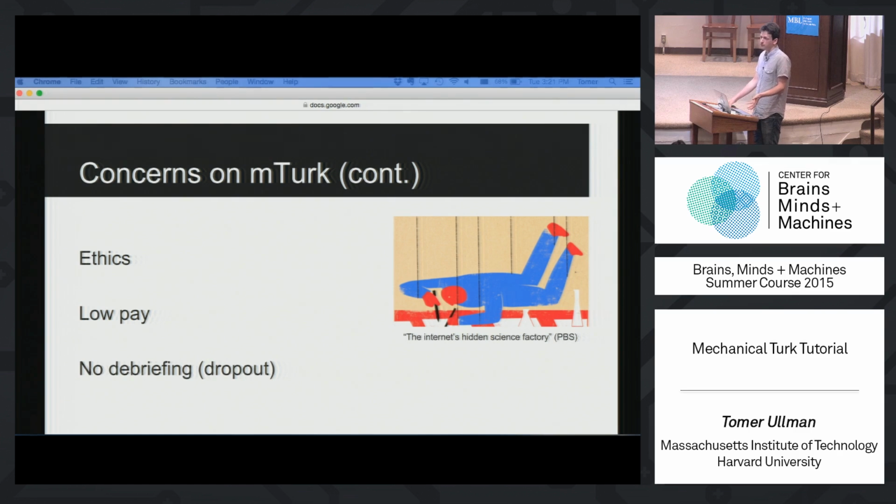When people come into the lab, you can tell them why they were in this study, right? That's a basic part of the protocol of psychology. When people are on Amazon Mechanical Turk, it's a good thing to put at the end of the experiment, why were you in this experiment, if you have such a thing and you're running an experiment. People might drop out in the middle. They might decide it's not for me, actually I'm done. And they never actually figure out what the point of the experiment was. You might say, well, who cares? But you might say, well, who cares about debriefing people in the lab? If there's a reason for debriefing people in the lab, there's probably a good reason for debriefing people on Mechanical Turk. If they drop out before they're debriefed, that's kind of a problem. I don't have a good solution for it. It's something to keep in mind.